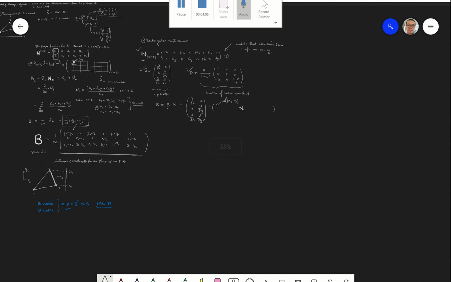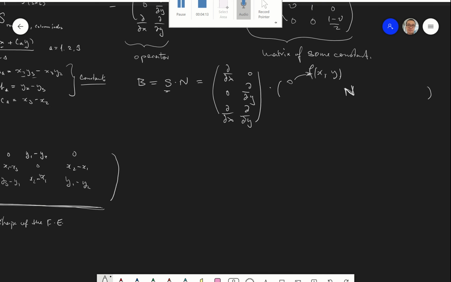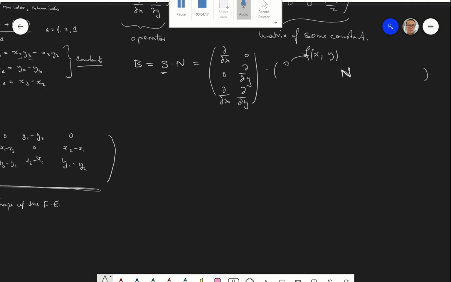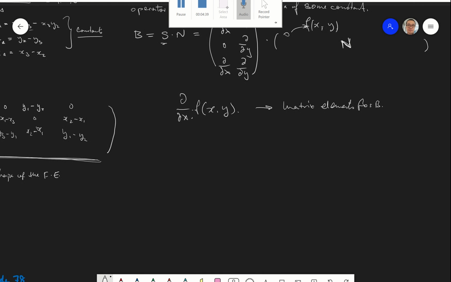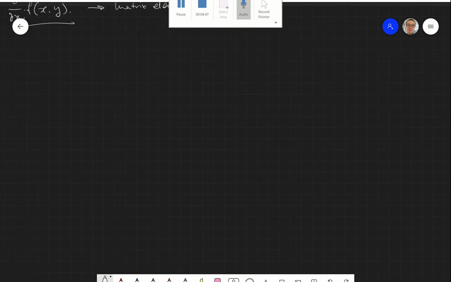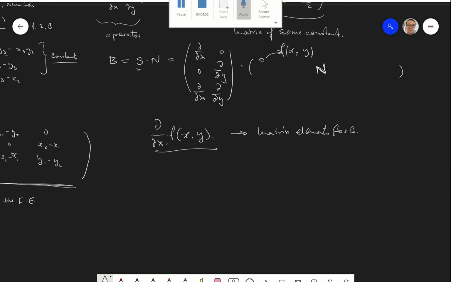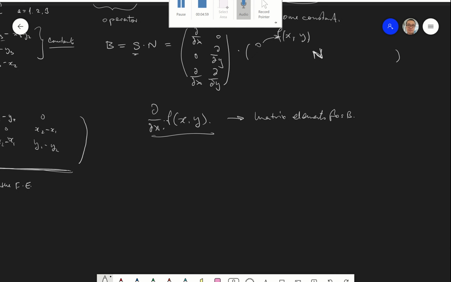what does B look like? Now we don't actually need to do all the math ourselves again, but you just need to understand the principle. So B, this S dot N, will be looking like some sort of differentiation times some sort of function that gives you the matrix elements for B. Okay, this is very important to remember how this B works, right? So if you go through this kind of operation, you can see that the B